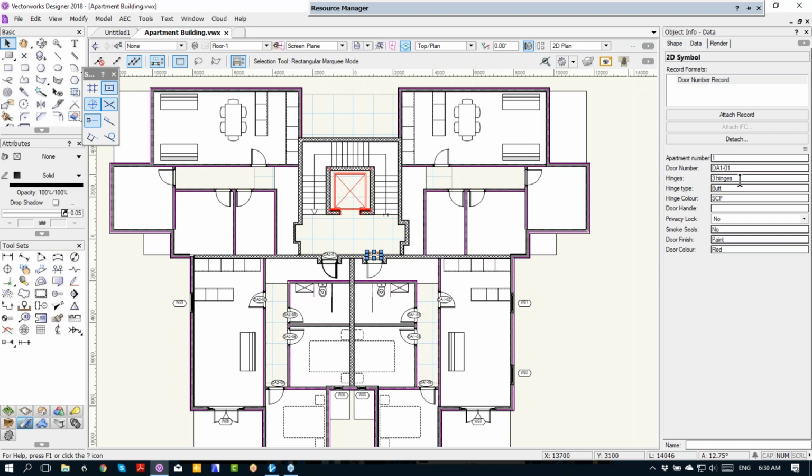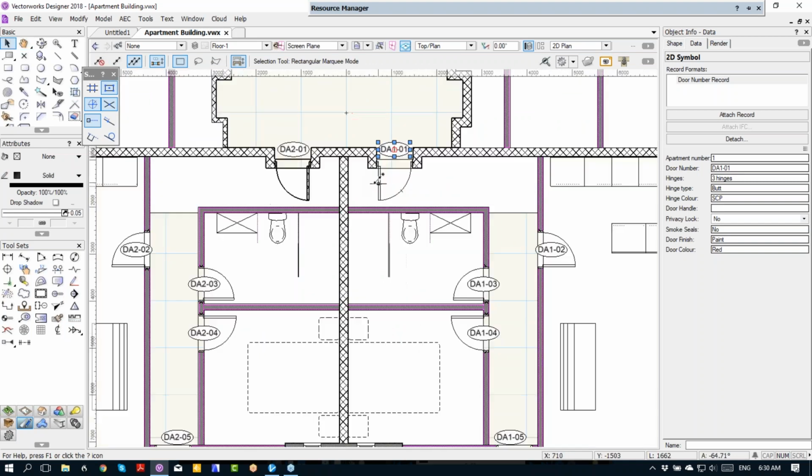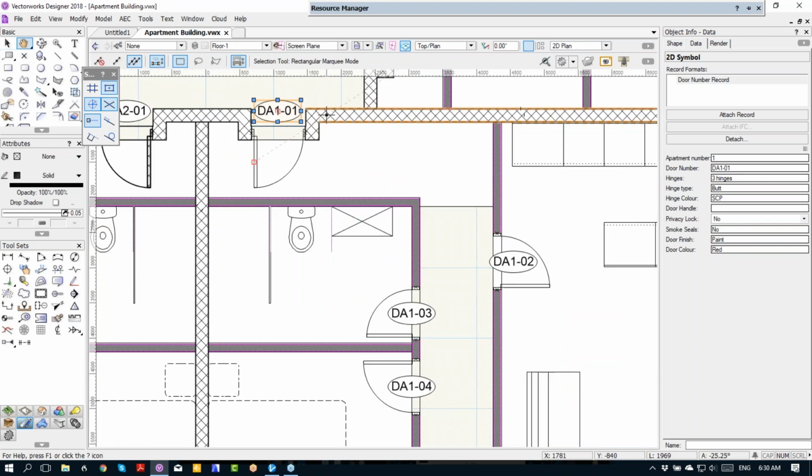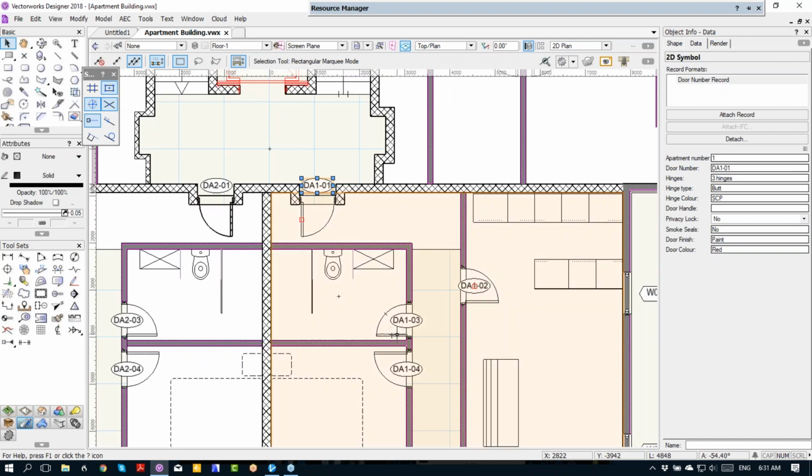So maybe instead of getting the doors to report, maybe you could use your own symbol and create your own door report. And that's what I've chosen to do in this particular case. That does allow me to have a door number which has the apartment number for each door. So it's not just door 1, it's apartment A, door 1, apartment A, door 2, apartment A, door 3, and so on. This is a drawing philosophy more than anything. So for example, if it was during construction and the contractor had damaged a door, it might be easier to say to the contractor, well, it's door